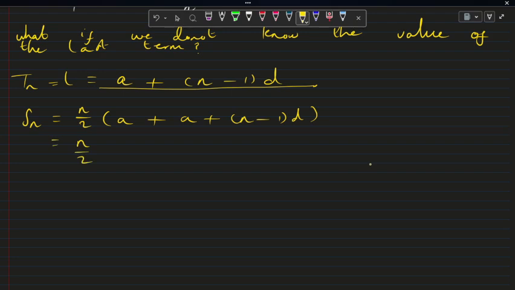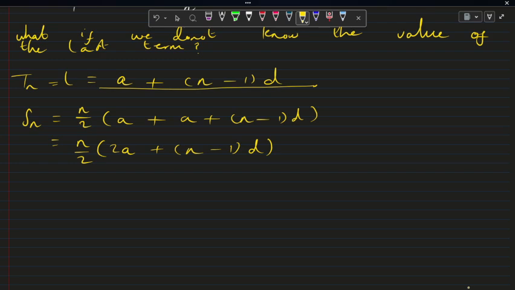I can have n over 2, and then a plus a is 2a, plus (n minus 1) multiplied by d. Okay, so this is the equation that we use to determine the sum if the value of the last term